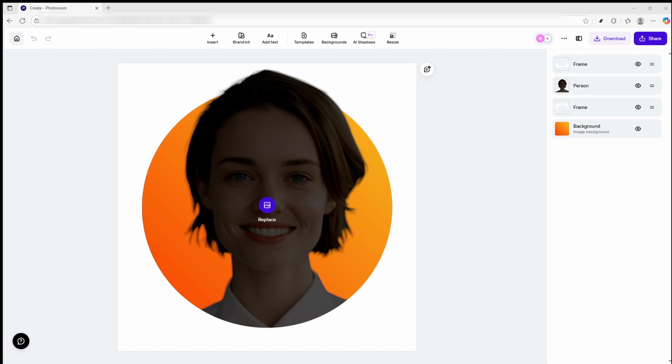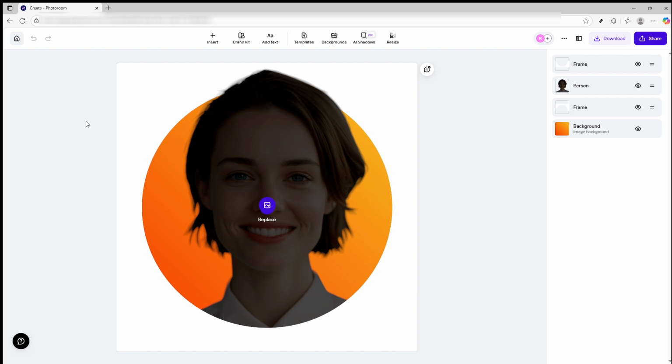With your template chosen, Photoroom will spring into action, creating a dedicated workspace for your project. This is where the magic really happens. In your workspace, you'll be prompted to upload an image that you want to use as the basis for your profile picture. Make sure to choose an image that you feel represents you well, perhaps a favorite photo where you